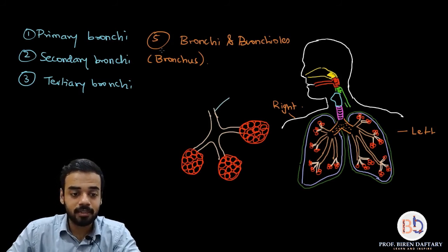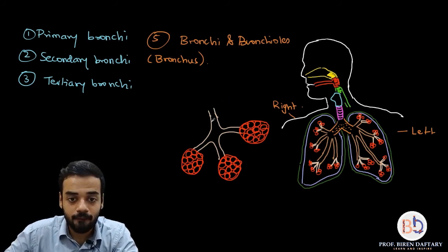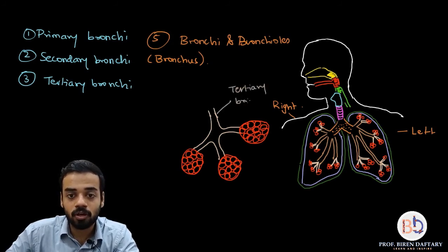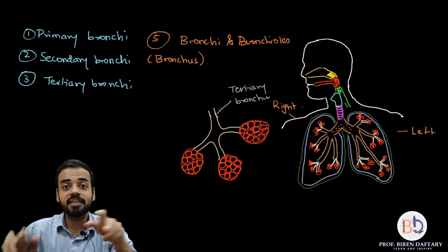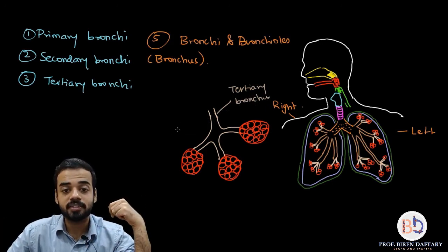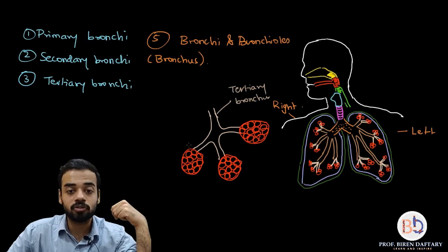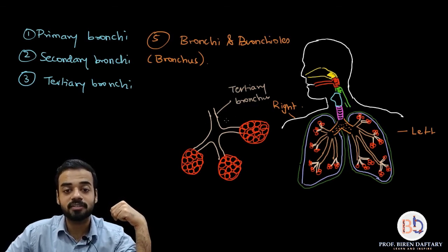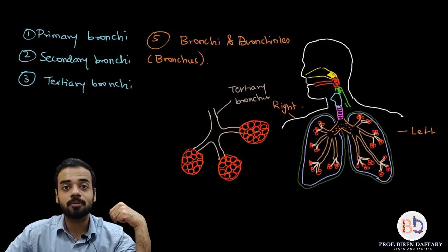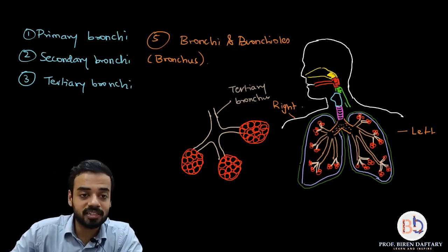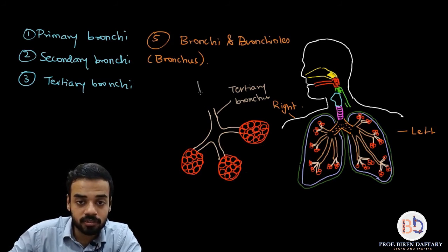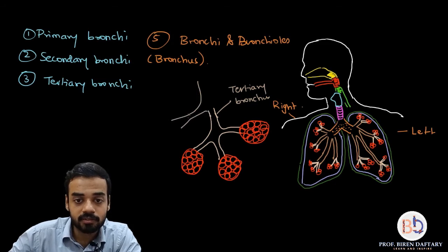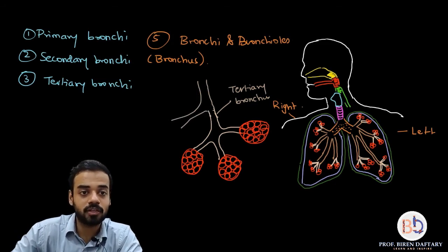If I label this, suppose this is your tertiary bronchus, because I am writing singular, this pipe. Now each tertiary bronchus again gets divided into a number of parts, which are called bronchioles. So this part is called a bronchiole. Can you see this division? So each tertiary bronchus gets divided into bronchioles. If you want to draw, I can show it like this. This is the original tertiary bronchus. This is the division. Correct? So actually I should label it like this.